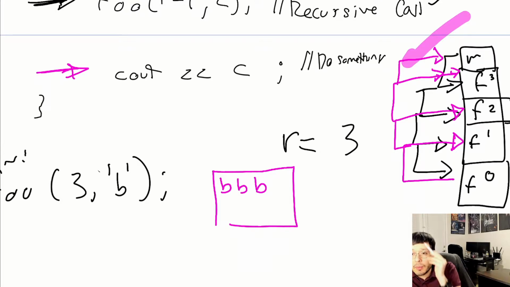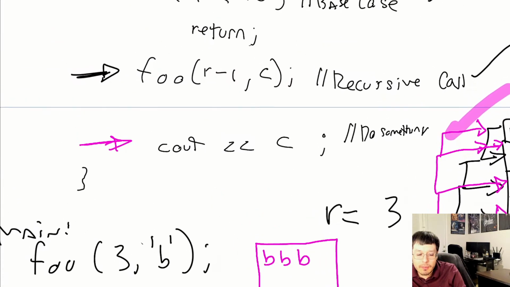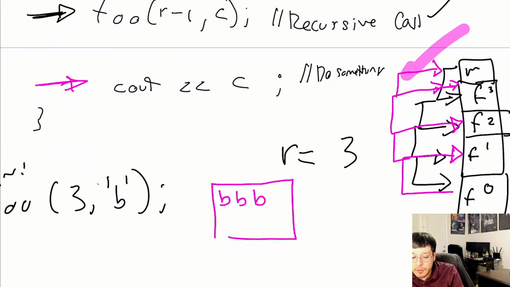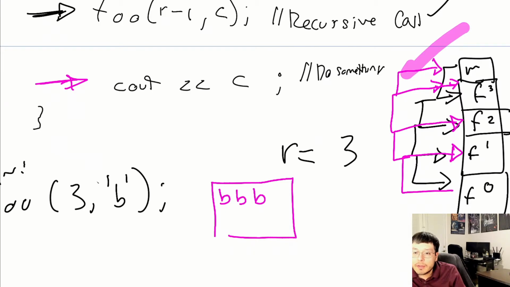It's just that the bottom one, so this F0, never reached the part of the printing because it reached the return first, because the base case was first. And so this is something to keep in mind so that your things line up as you expect. You have to make sure you understand the differences between putting your do something after the base case or before the base case, or before the recursive case or after the recursive case, because it's going to affect